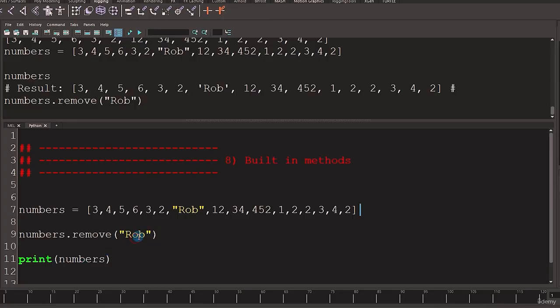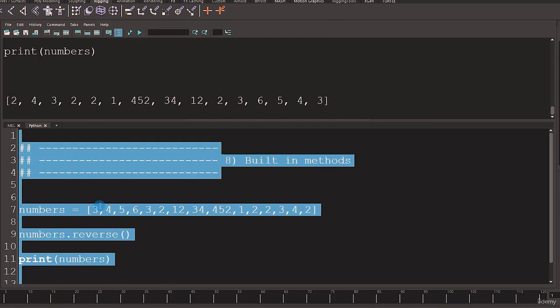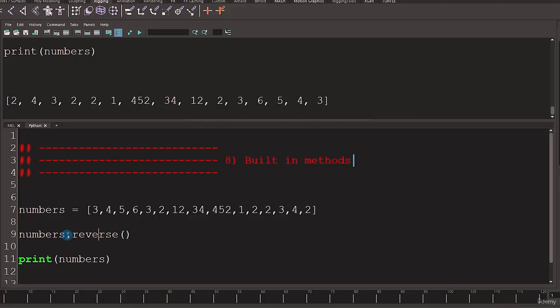You can either do it as we showed earlier, or you can write reverse. And you see now we're going back through the list: 2, 4, 3, 2, 2, 1. So 2, 4, 3, 2, 2, 1. There we go, going back through this. So we can reverse, and this will be a permanent way of setting reverse on that list. This has affected change